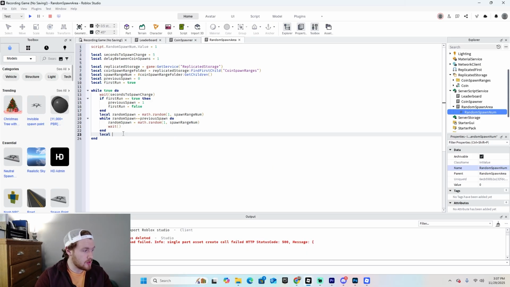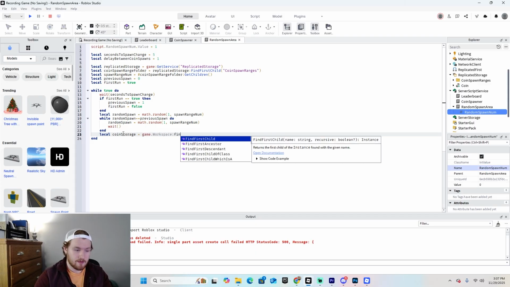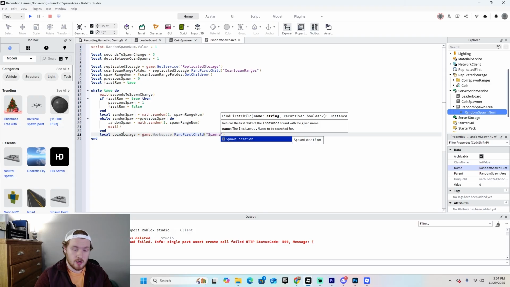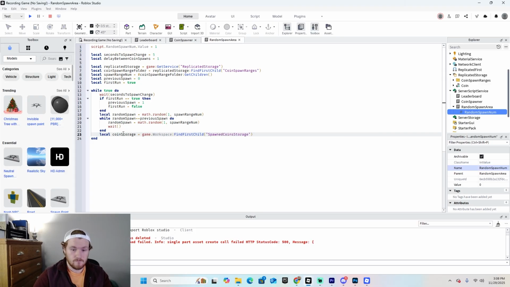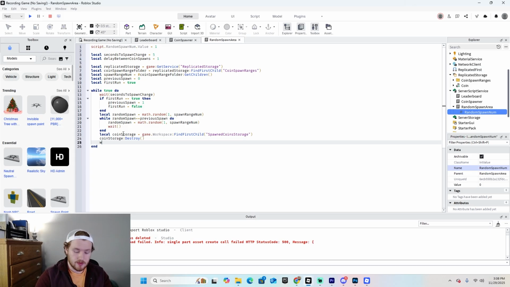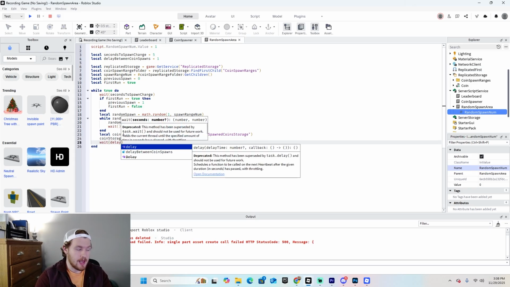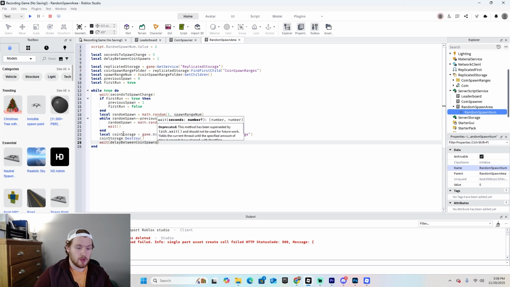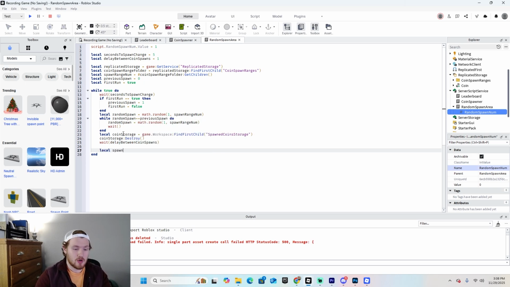Next we'll type local coin storage equals game dot workspace :find first child spawned coins storage, coin storage :destroy. We'll type wait delay between coin spawns, local spawned coins folder equals instance dot new folder